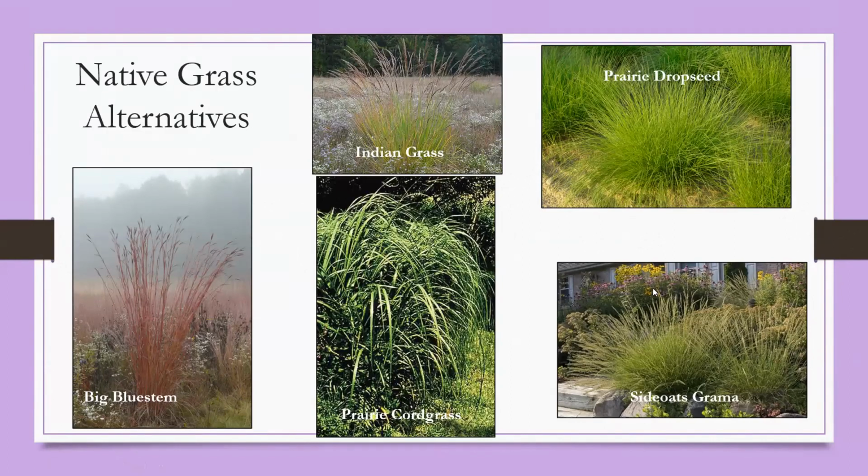So just some native grasses. We'll go through a couple in more detail, and I'll show you a great new tool that's available for looking up native plants. But these are some of our native grasses that look good in landscaping. They have fun shape or texture, like I think the prairie cordgrass grows a lot like the Miscanthus does. So a nice swap out. The blue stem, you obviously get the nice color with that. And we'll look at a couple a little more closely, a couple of my favorites, because I made the PowerPoint, so that's what I picked.